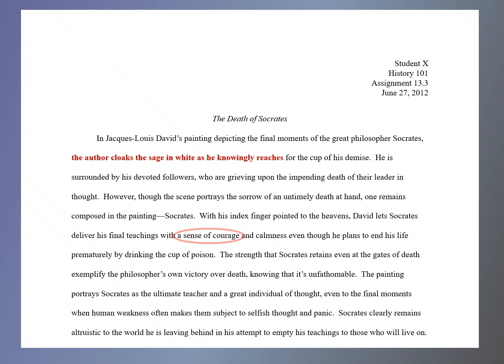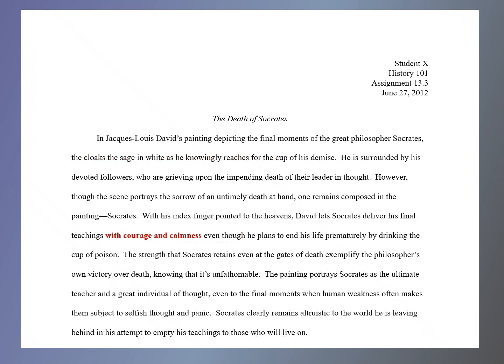Notice how I have circled "a sense of courage." The reason I did this was because right after those words, the student had put down simply "calmness" with no modifier. Let's make both courage and calmness stand alone without modifiers here. Having fixed the sentence to read "with courage and calmness," we then move to the next sentence and a frequent